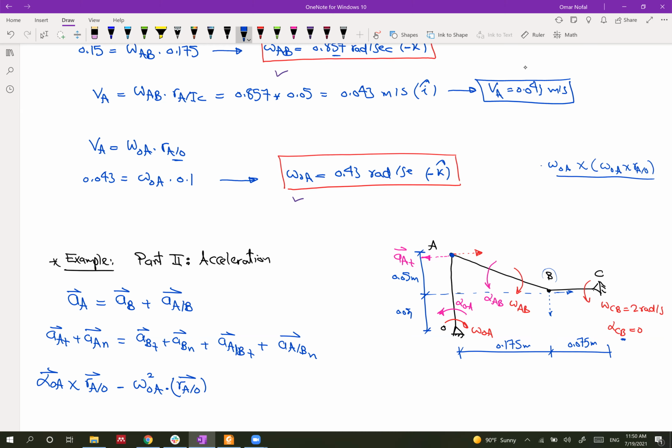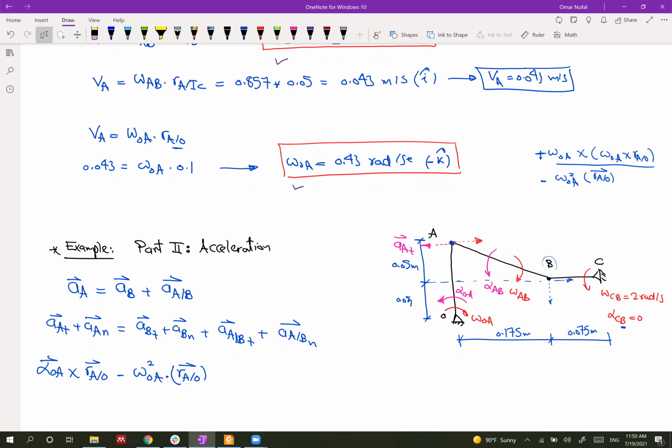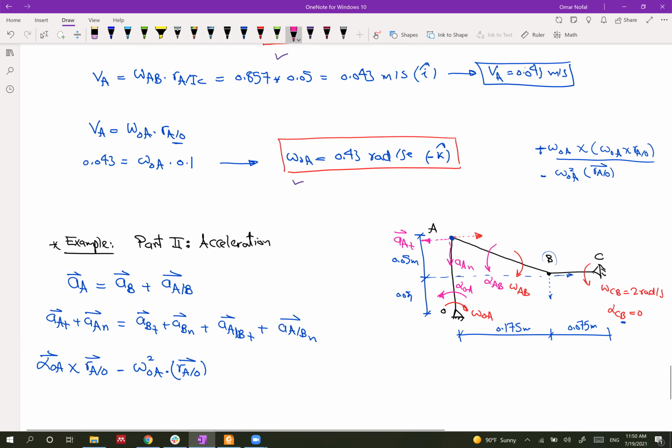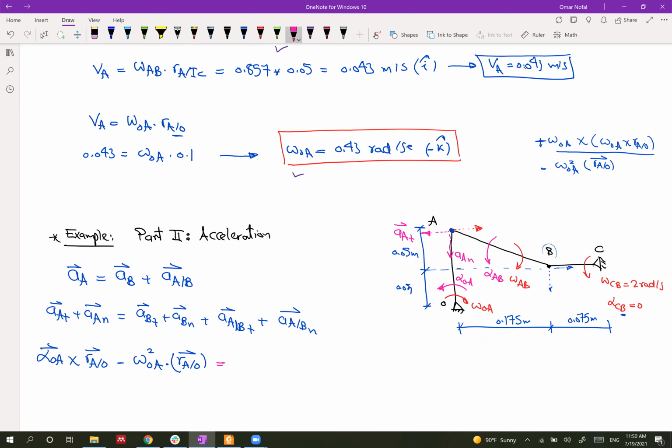So you can put it in this form and it has positive, or you can have it negative omega OA squared RA with respect to O. So we will be using this form now. And I'm pretty sure based on this, we will have A normal in this direction. And this should be equal to AP tangent, and this should be equal to, if I want to get the absolute acceleration of B,